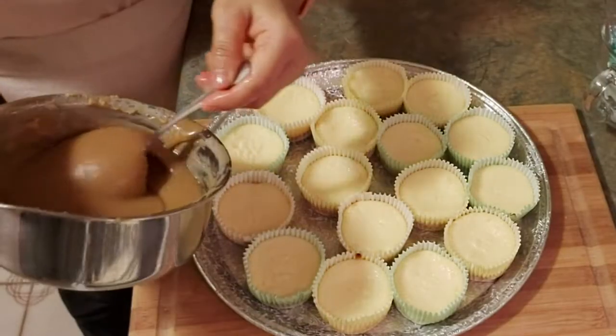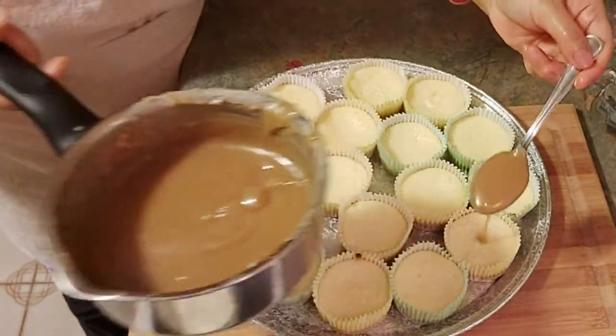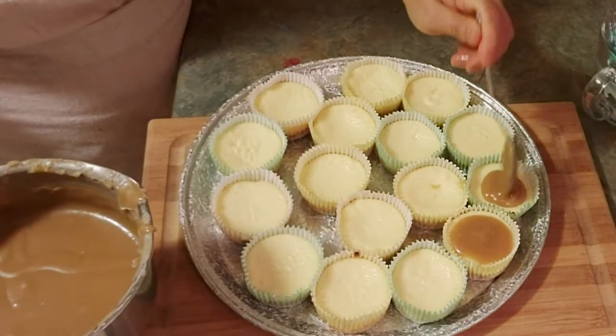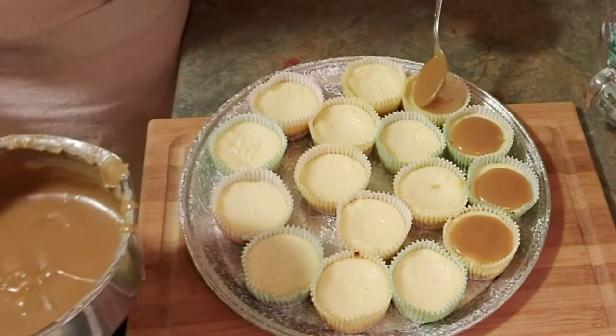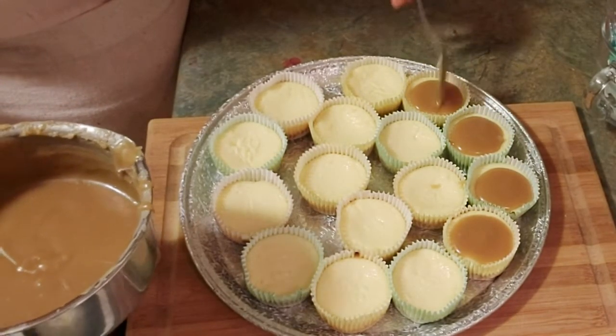The cheesecake is cooled down and we're gonna top it with a homemade caramel sauce. How to make this smooth and velvety and delicious caramel sauce? I am going to put the link at the end of this video,